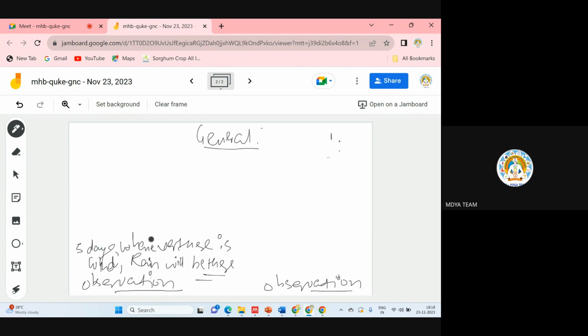So on the basis of this, he reached a general statement that whenever there is wind,